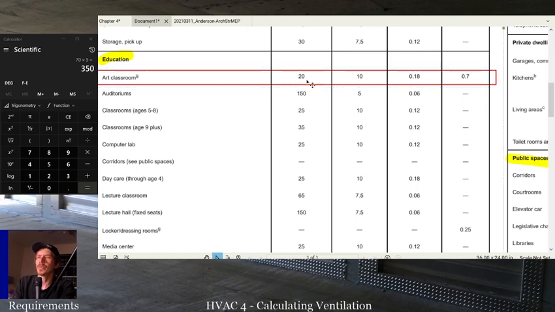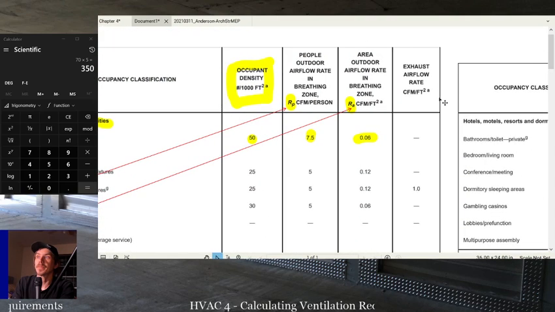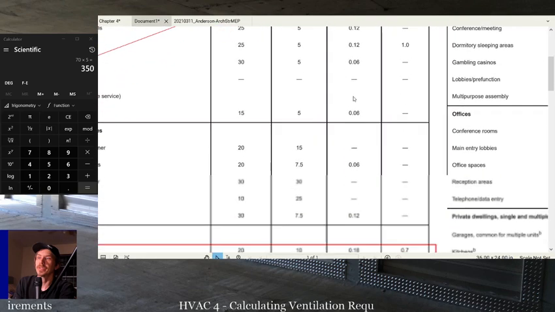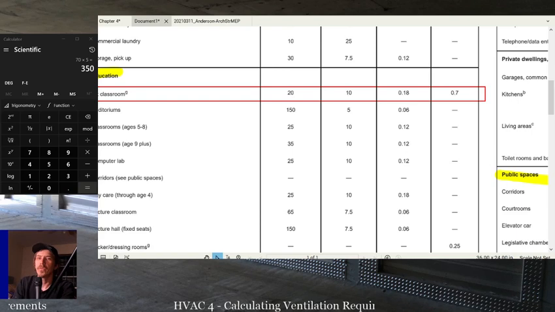There's 20 people per 1,000 square foot, 10 CFM per person, 0.18 CFM for each square foot, and 0.7 CFM exhaust per square foot, right? Because the exhaust airflow rate up here, unless there's another note, is actually per square foot. So let's figure all of that out. What kind of ventilation do we need for an art classroom? All right, so our airflow rate,